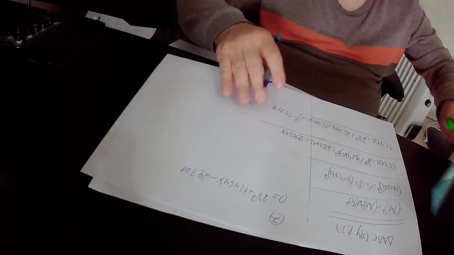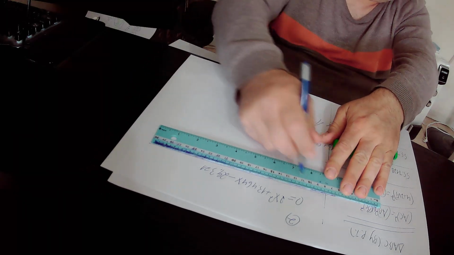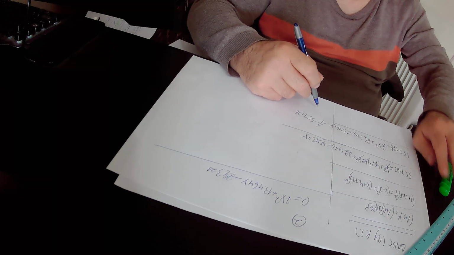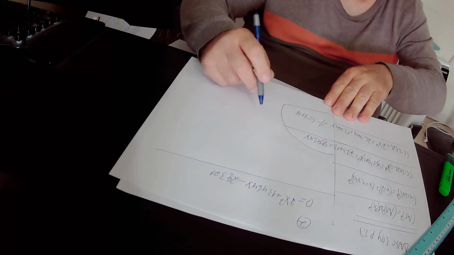So in conclusion, I actually found out that 0 equals 2x squared plus 13.464x minus